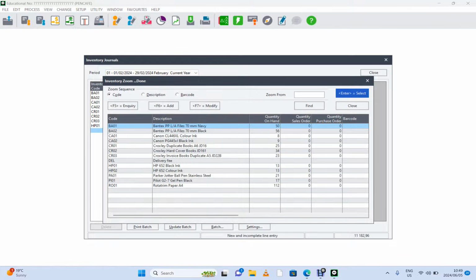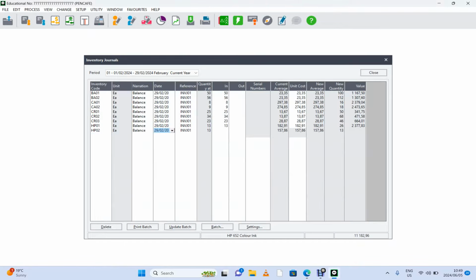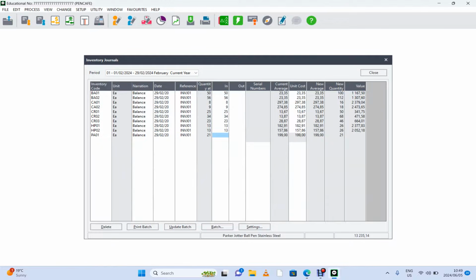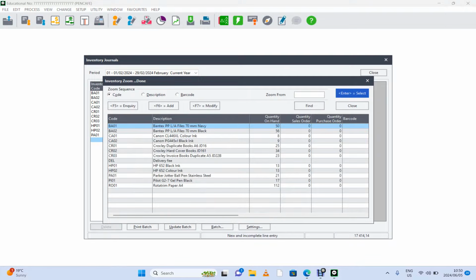It's HP. You repeat the process up until you are done. HP02. Quantity for this one is 13. You type 13 under in. Then the price is 157.86, correct? Then PA01, enter until in, the quantity is 21. Price is 199.00, correct? Then as we proceed is P,